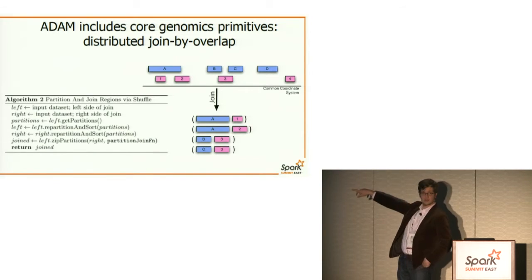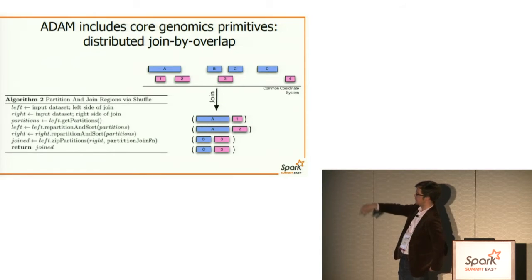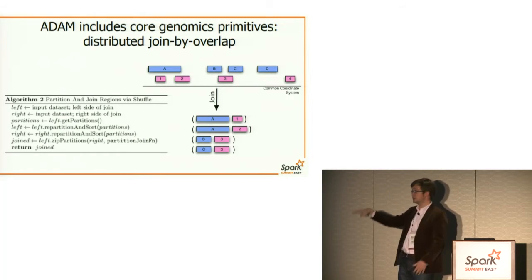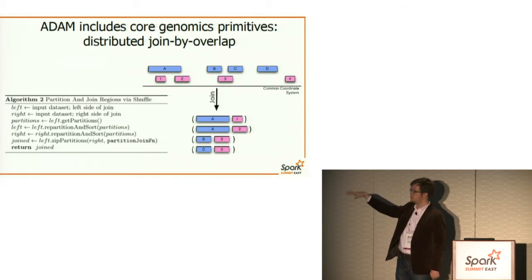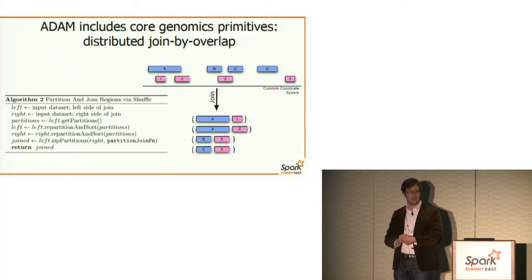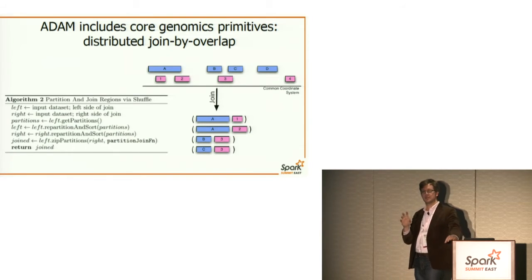So if you see the red and the pink boxes, I don't know if you can see them in the back, those might be two different data sets. Maybe the blue boxes, sorry, blue and pink. The blue boxes might be genes. The pink boxes might be regions of variation. And a join by overlap just simply does a join where you join pairs based on how they overlap in